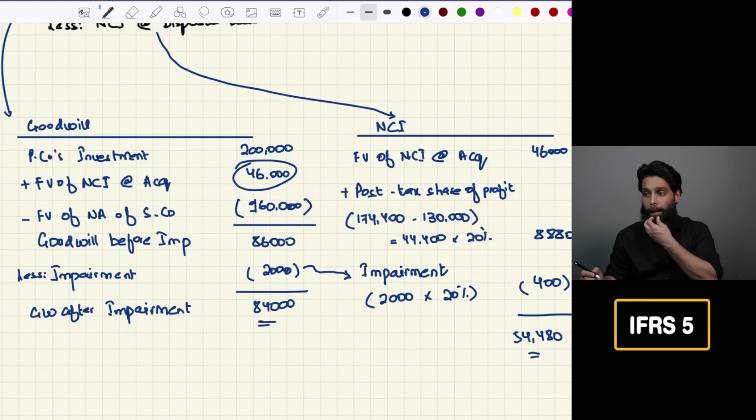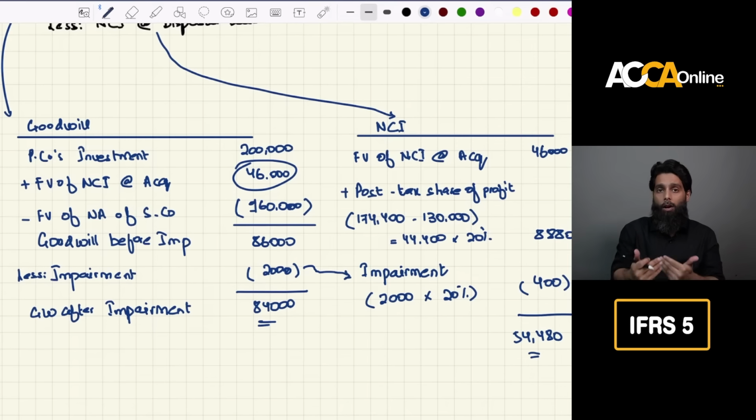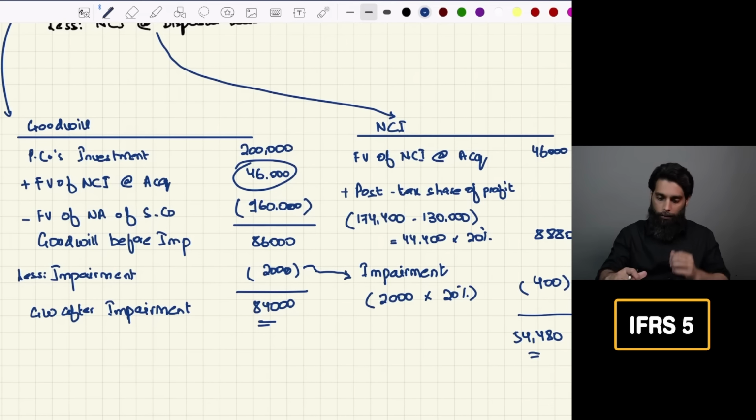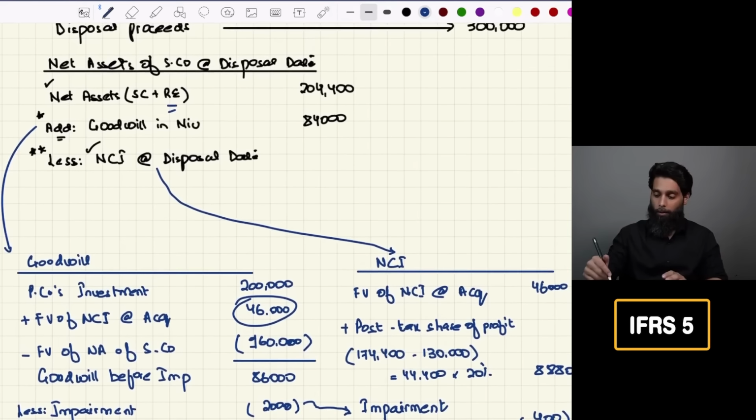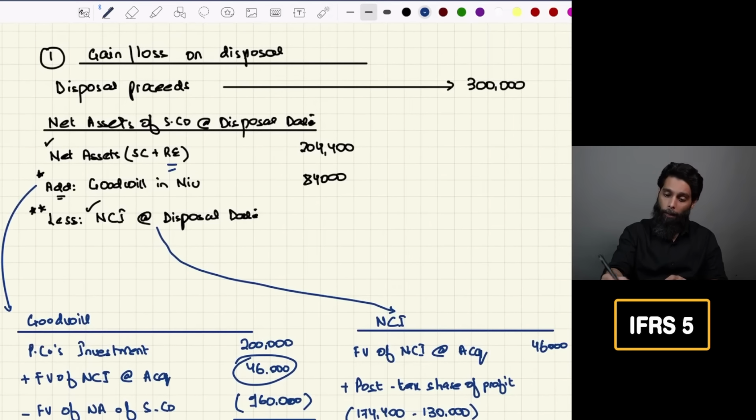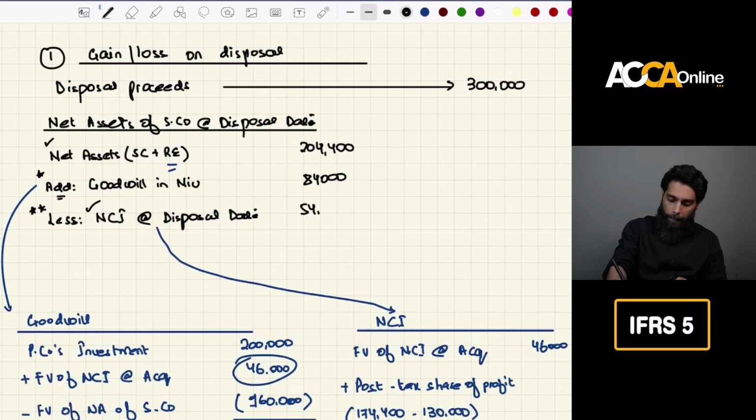54,480. And please, while you are watching this video, make sure that you work on the workings yourselves as well, because often when I'm solving by myself, I make transposition errors, and people go like, how can you do that? Just check for any numerical mistakes on your own. So NCI at the disposal date is